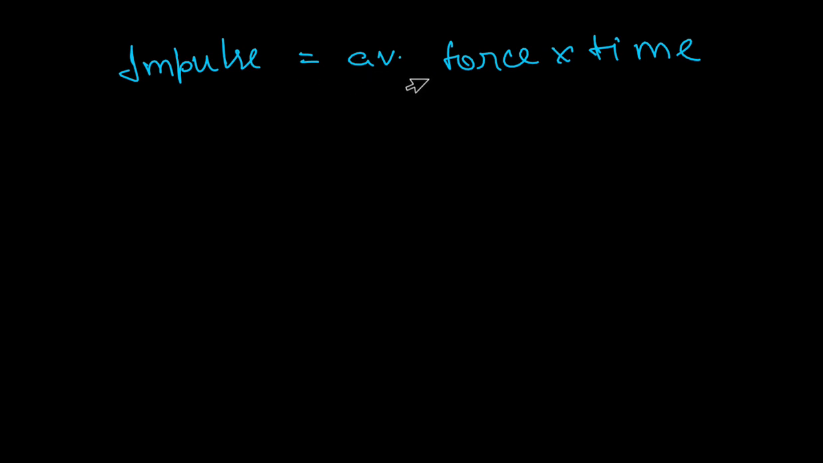Impulse is equal to average force into time. So impulse is given by the product of average force and time for which force acts on the body. So by Newton's second law of motion we know that force is equal to rate of change of linear momentum,